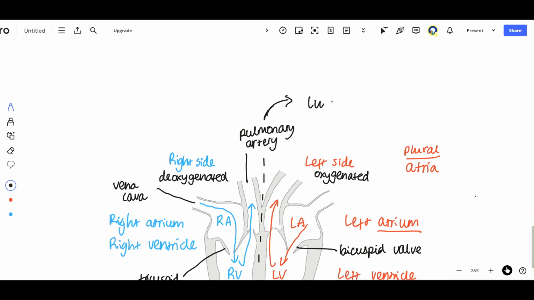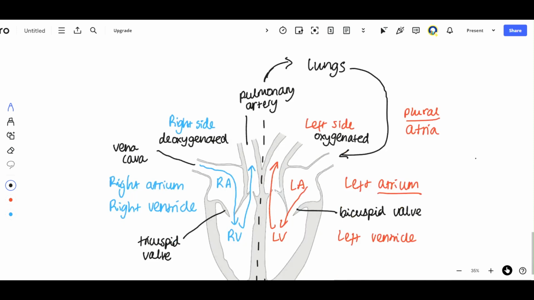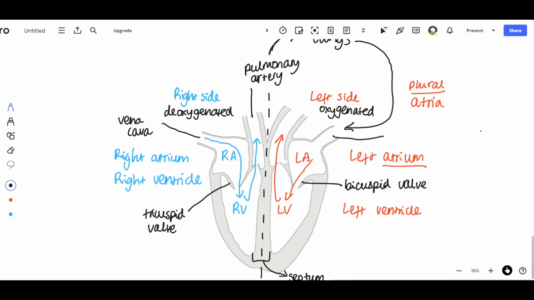I'll just write that down. Lungs, and then from the lungs, it comes back to the left side of the heart. It comes back again at much lower pressure, and then it comes in through a structure called the pulmonary